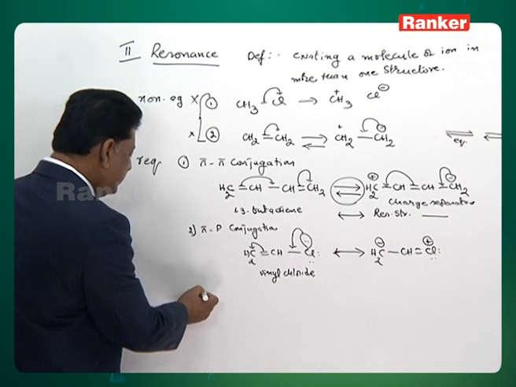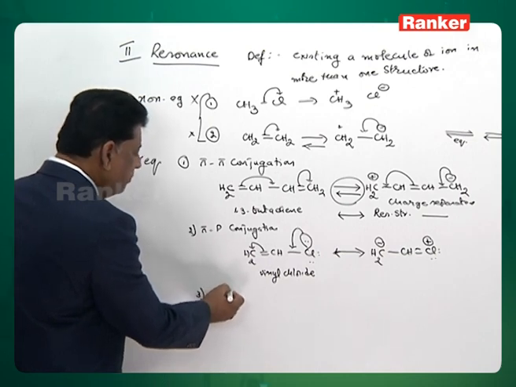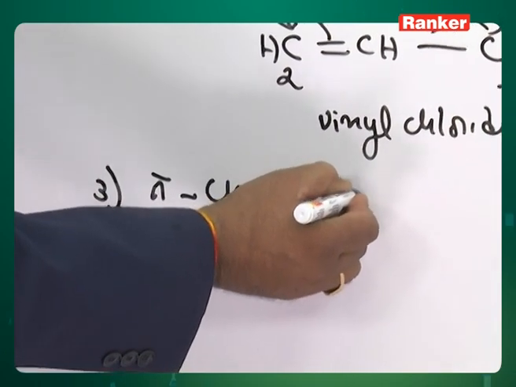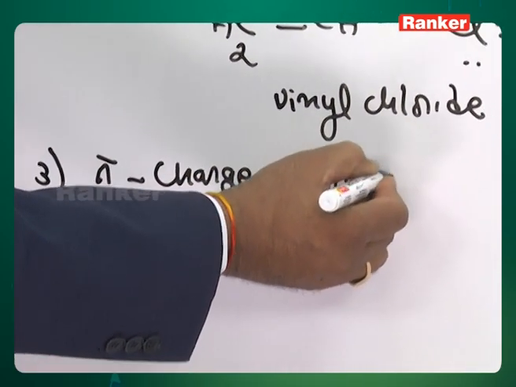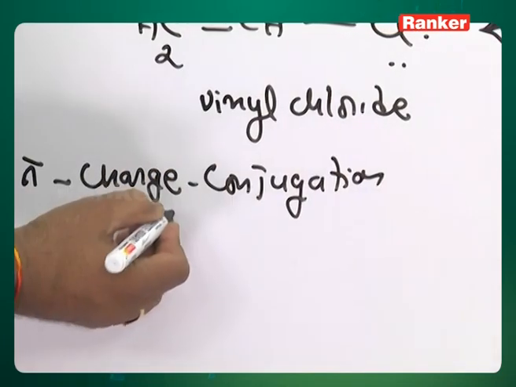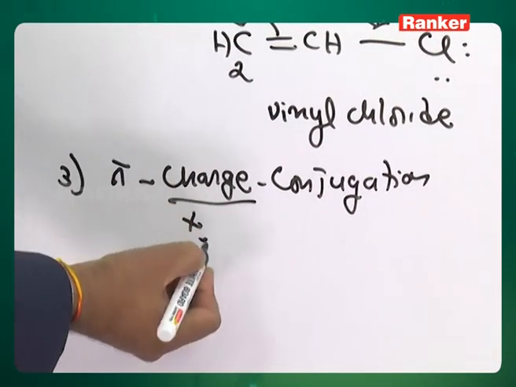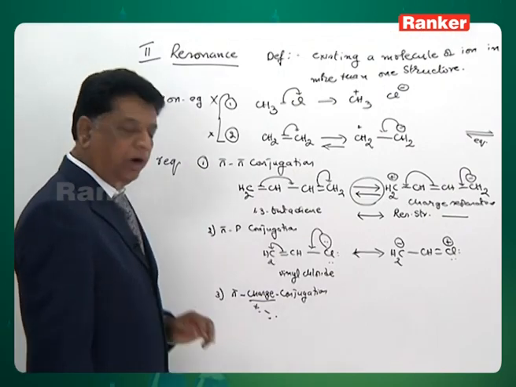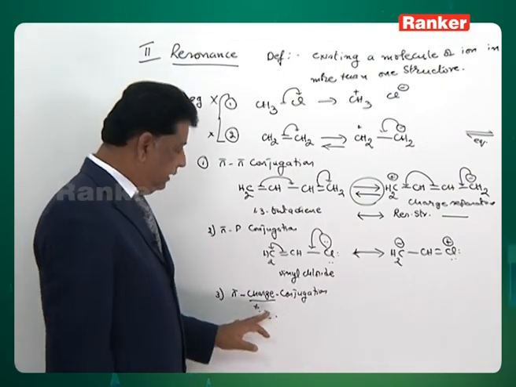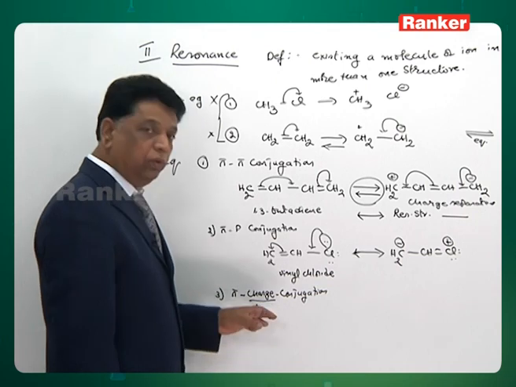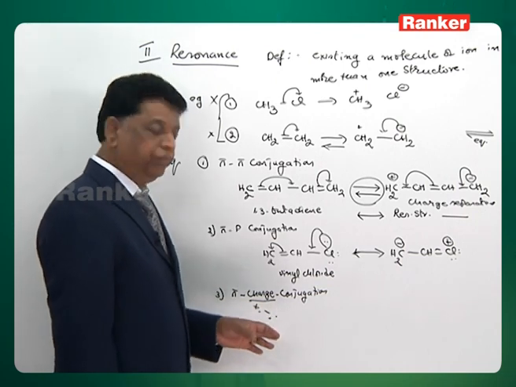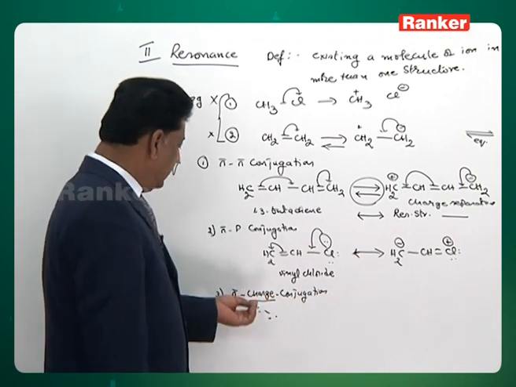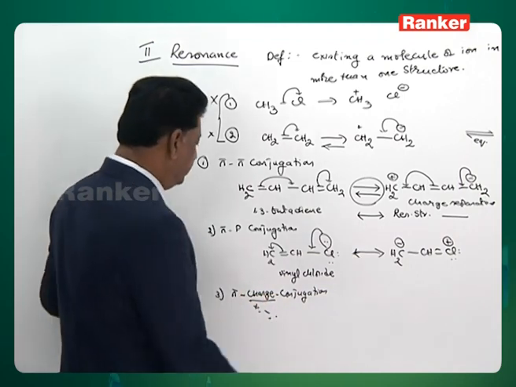Another, third condition is also there. Pi and charge can be in conjugation. Pi-charge conjugation, the third condition, is called pi-charge conjugation. The charge can be of three types. It can be positive, it can be negative, it can be a dot also. In fact, charge-wise, if you say positive, negative, this is neutral, isn't it? Dot is not a plus or minus, it is neutral. Even a dot is allowed as a charge and considered as a resonance structure, you can write.